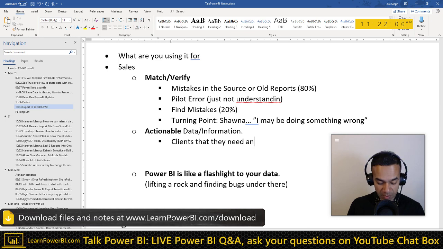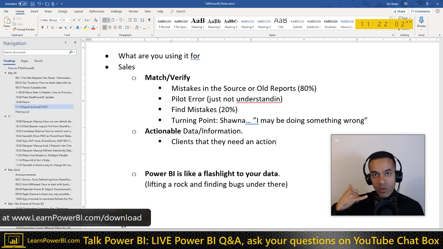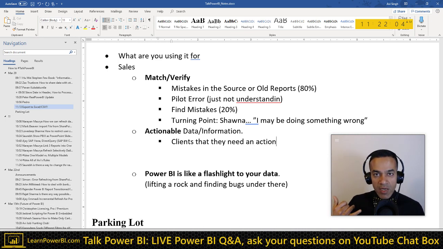That's an action for them. They're a sales team, right? They talk to clients. That's their action. They need to know who to call. They need to be empowered by the data. So that's what they're doing. So, of course, once I figured that out, I did the whole thing in Power BI.